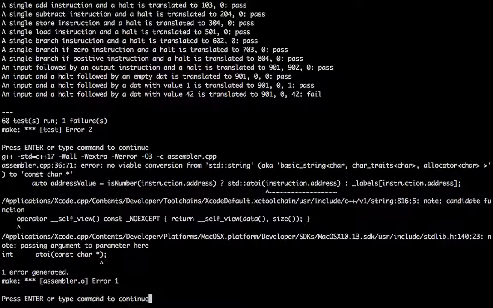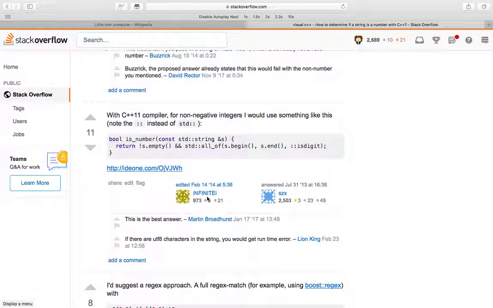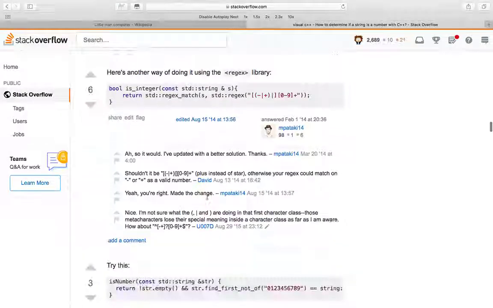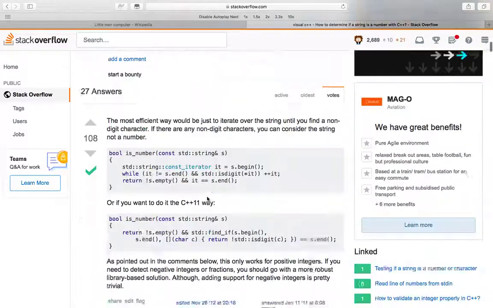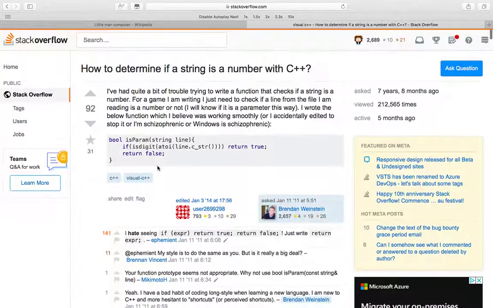I haven't. Oh, no viable conversion from string to const char. What's the mechanism here? How does one actually convert? Oh, I've got to do